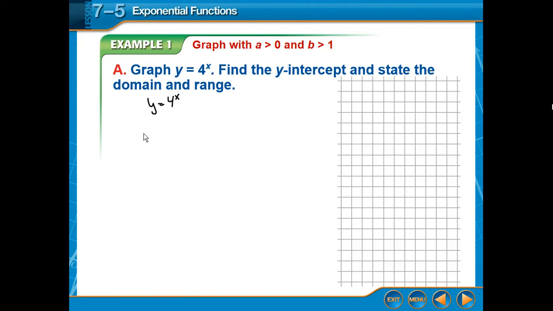to start by doing is making a table of values for x and y. So I'm going to start with -3, -2, -1, 0, 1, and 2. And we'll see what we get when I put in these things to start. So I'm putting those in for x. So 4 to the -3 is